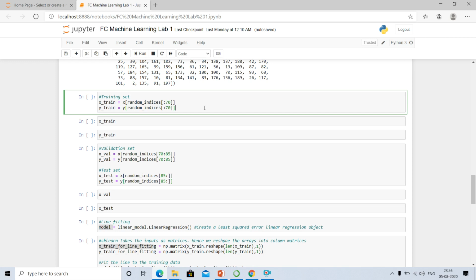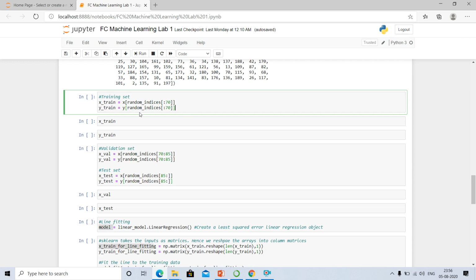So it's very important that you take 70% of the data set for training. Here I have 200, 70% means 140. But I have taken 70 because I just want to show you how the validation is going to change. So here I have taken the random indices from the start up to 70.